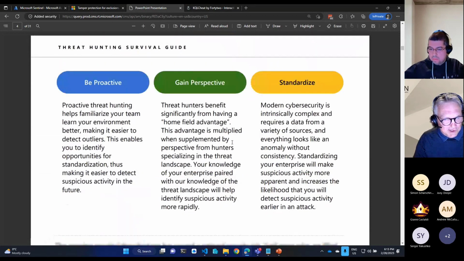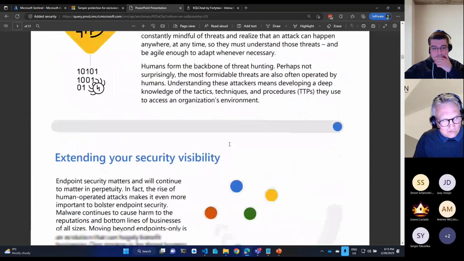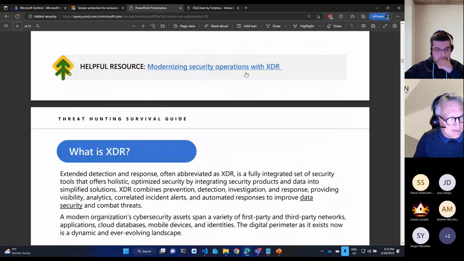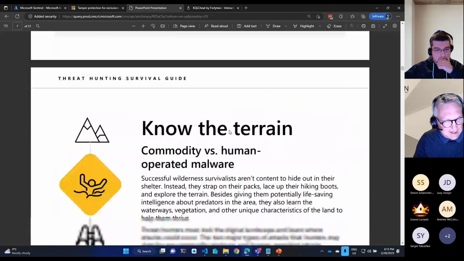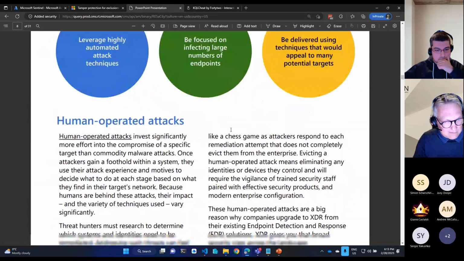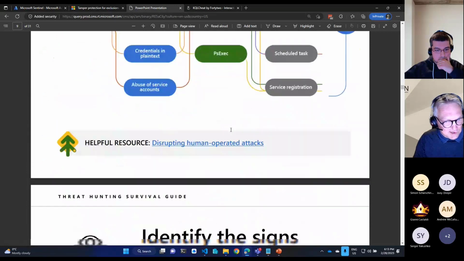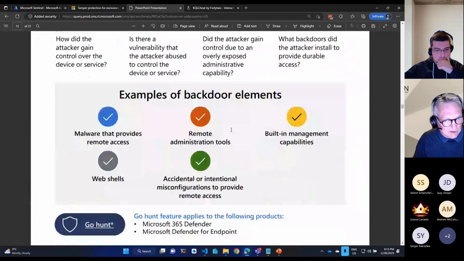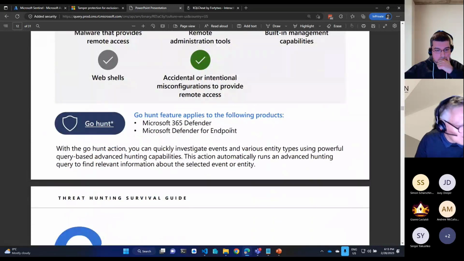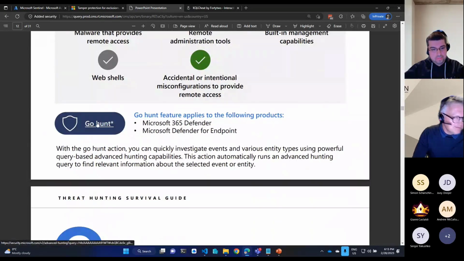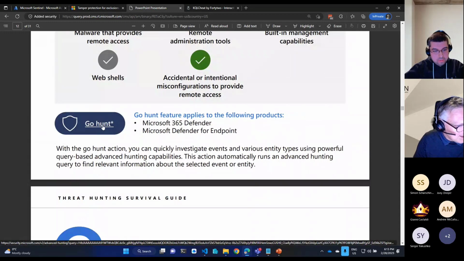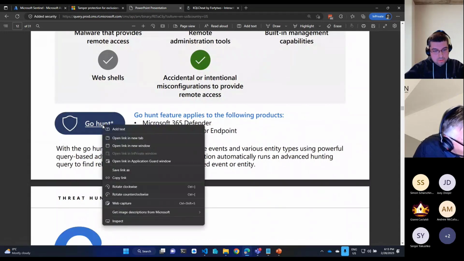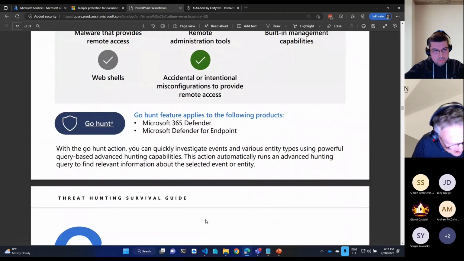And while I was reading this, I noticed, okay, there's all those links. But then I noticed that at some point, when they start with their example, there was this button here, and it says Go Hunt. So yeah, Go Hunt. So copy the link now, and go into my